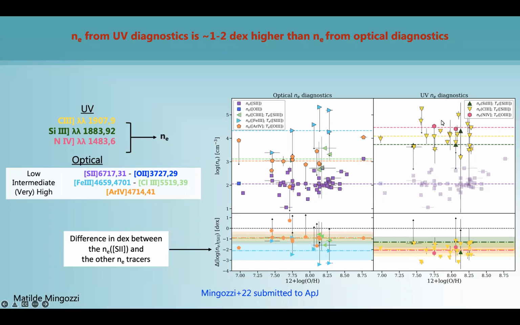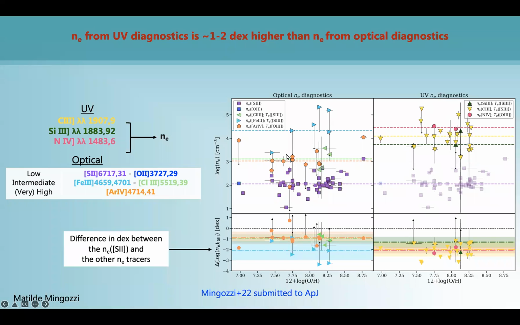In the UV we have the nitrogen 4 doublet. We have this doublet only for 2 galaxies, unfortunately, because the lines are very faint, and these are tracing in theory regions that have the same ionization of the argon-4 lines. But still there is an offset of 1 dex between the 2. So it could be that they are not tracing exactly the same regions, and so the nitrogen 4 are tracing denser regions, or it could be that